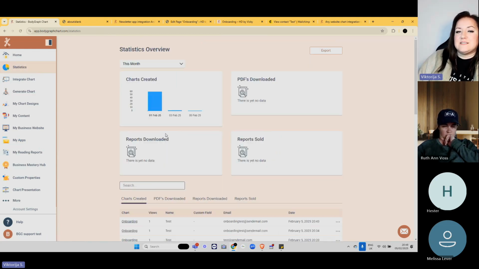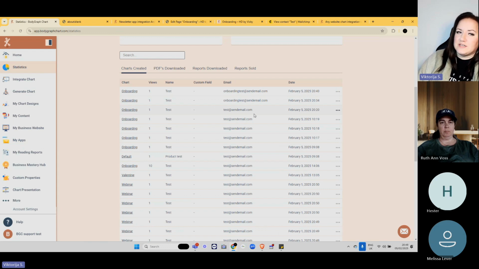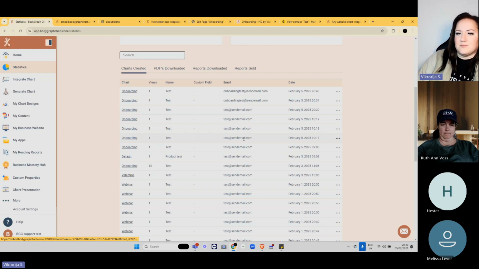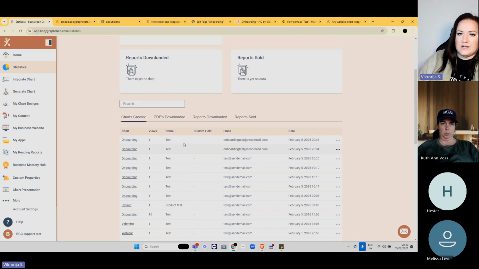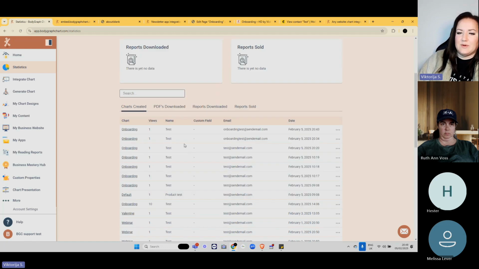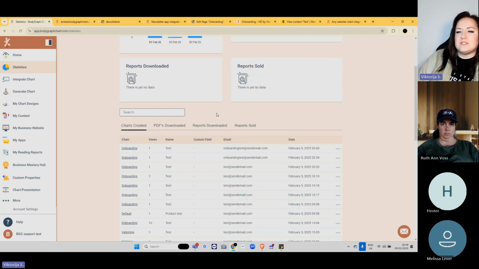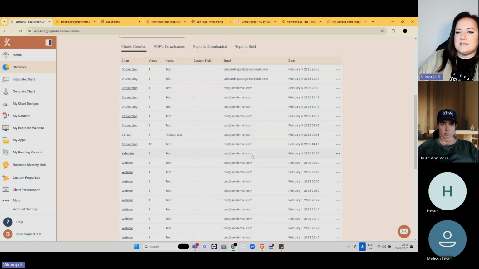However, statistics does not capture additional information which the app is capable of collecting, such as their type, or the link to the chart. Yes, you can click and open the customer's chart here, but this link is not stored here, or you cannot export the link to actually import it later into the app. So this tool is more for you to double check, okay, if, for example, I see that my